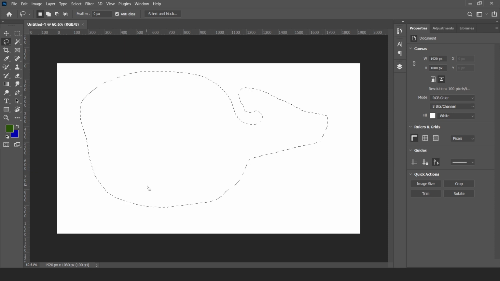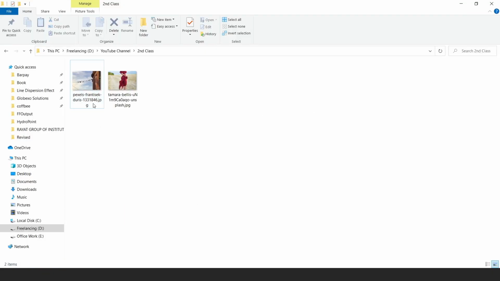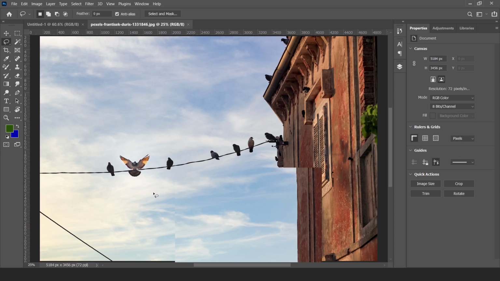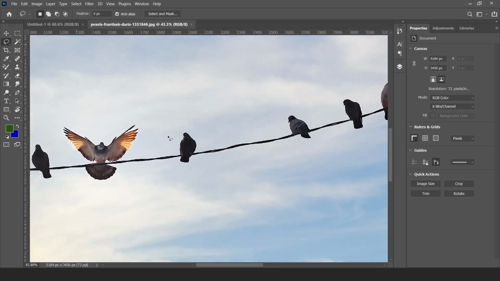This is the simple lasso tool. Like we will open any image, see, like lasso tool, I will select this like this. You can select freely without any point, without any corner.